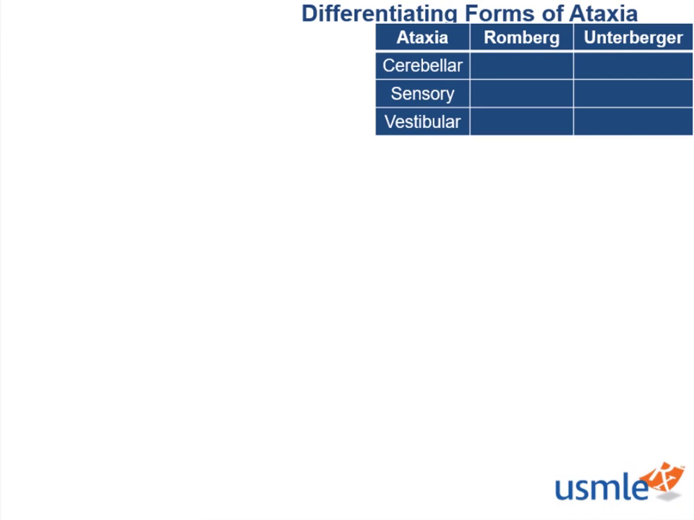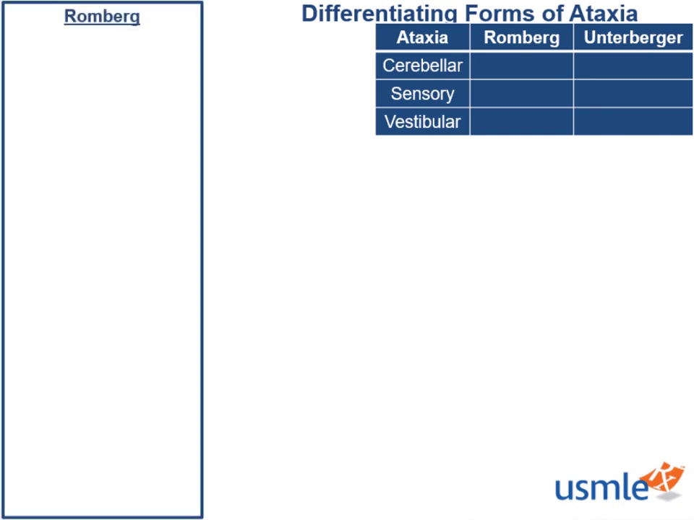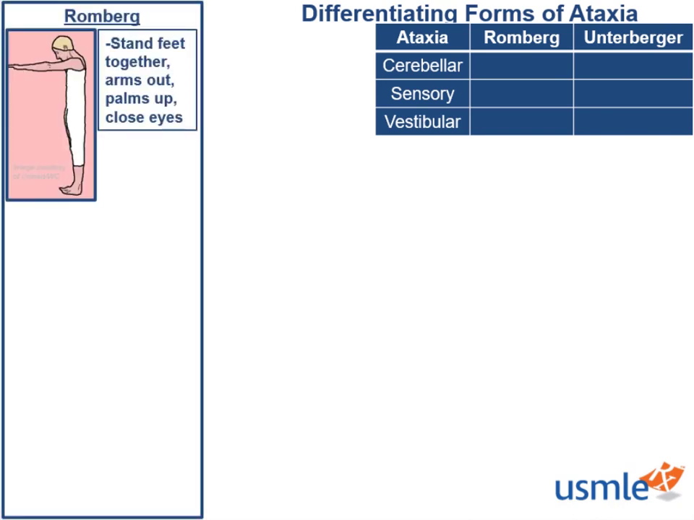Let's differentiate forms of ataxia with the Romberg and Unterberger test. To perform the Romberg test, ask the patient to stand with their feet together, arms out with their palms up, and eyes closed. Make sure their eyes are closed. If the patient begins to sway or their swaying increases, this is a positive result and indicates a sensory or